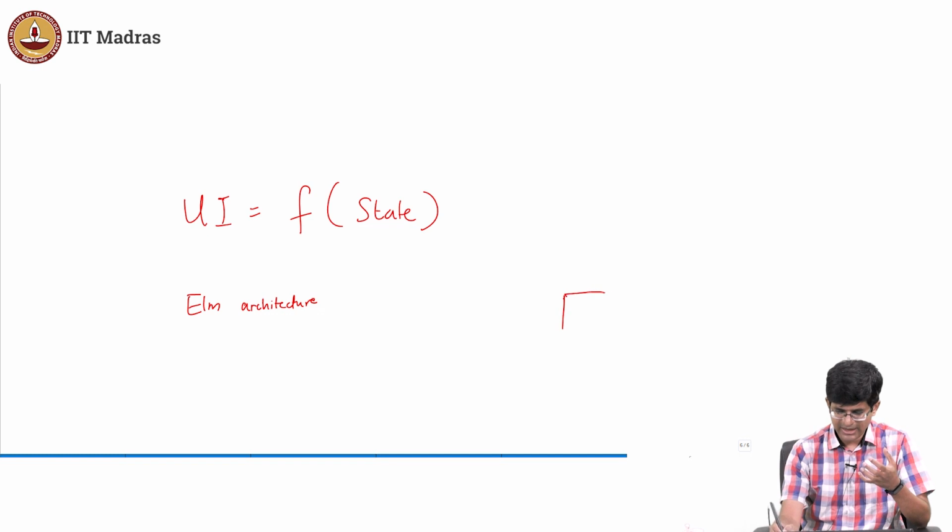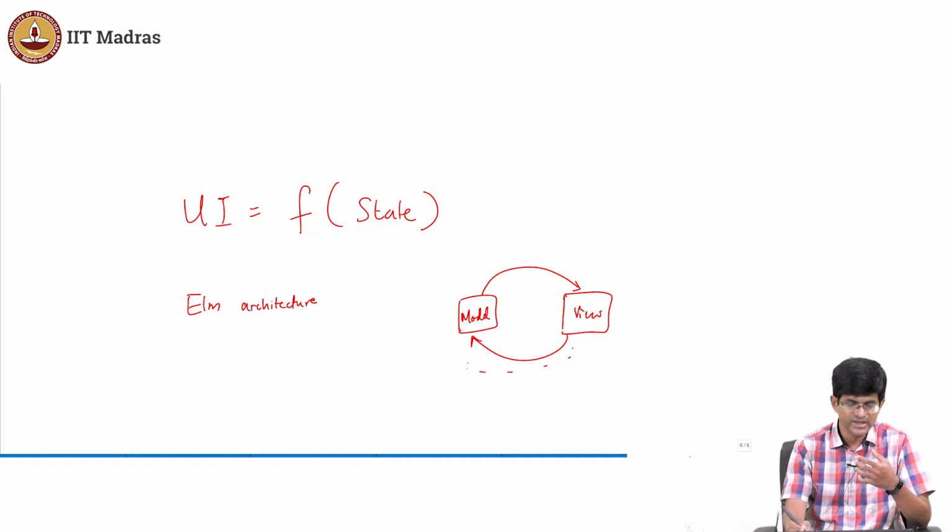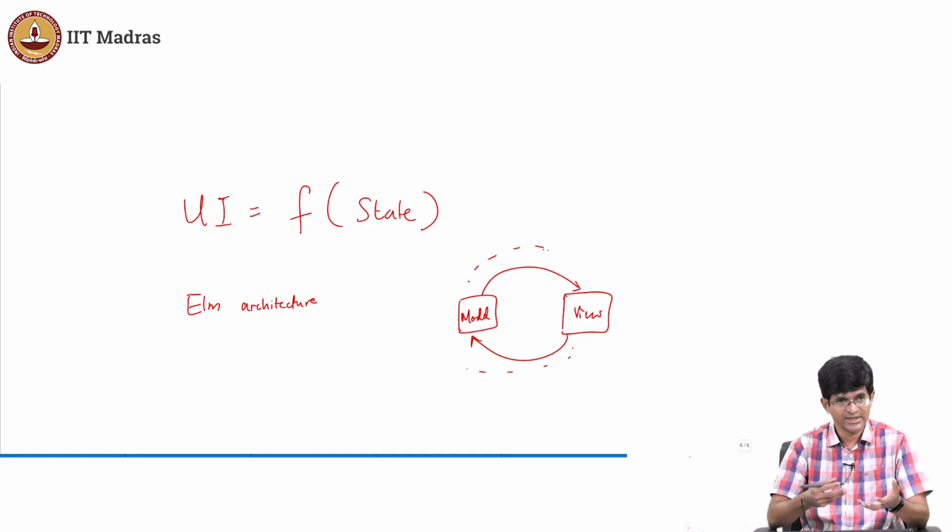It basically says that you have a view, and you have some kind of a model, and you have messages being passed between them. Elm is a heavily functional language. It basically has this notion of everything being just functions that are transforming. So if you think about it, that's what is happening. The view is providing you with certain inputs. They are being transformed with information about the state into something which needs to come back to the view.